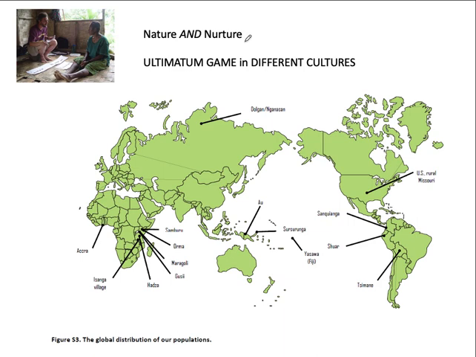And so it works like this. Let's say that I'm given $100, and it's up to me to decide between me and you how much money I get and how much money you get of that $100. And so we might say, hey, let's split it 50-50. I'll get $50, you get $50. After that proposal, you have the option, the ability to accept it or reject it. If you accept, we both get $50. If you reject, we both get nothing.